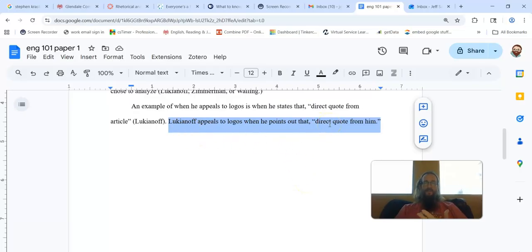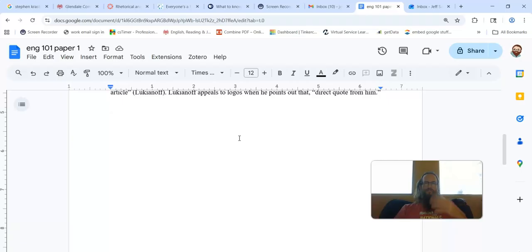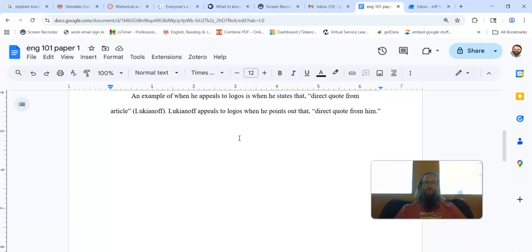It is, so you don't need the parenthetical. Either one is correct, either one is fine. Honestly, you want to get some good practice doing both approaches to in-text citation.